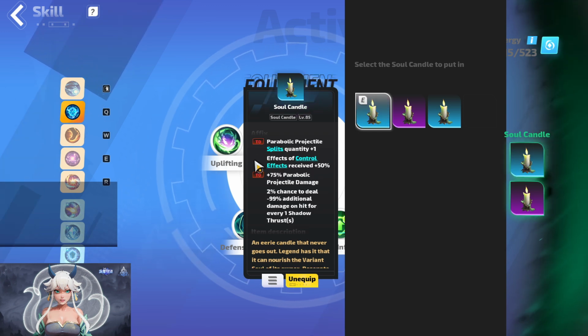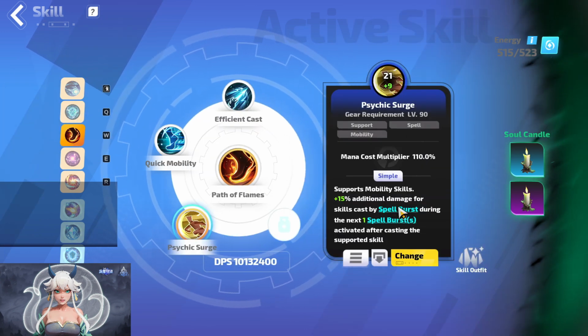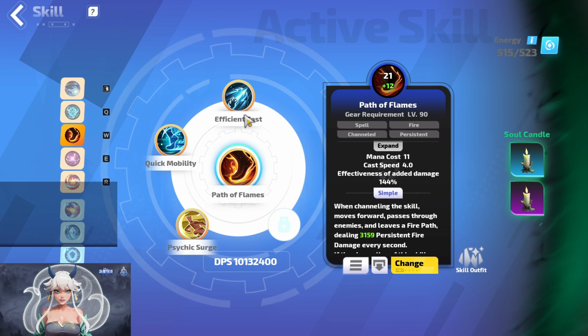I tried to craft it myself. For the soul candle, I can't get it. I keep failing the craft. So if you can, get the split with the barrier of radiance, and then here is the psychic search, path of frame,